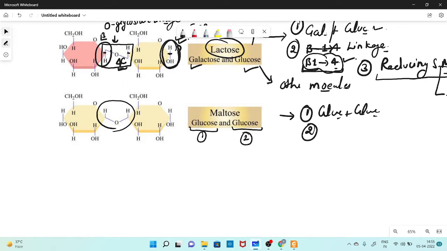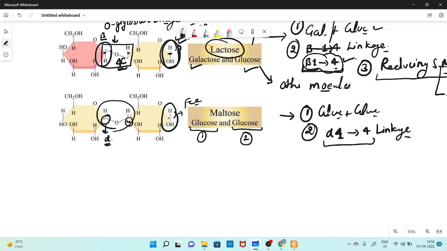Second, O-glycosidic linkage. Now its first carbon, the anomeric carbon, is free here, and 1, 2, 3, 4 and 1, and here the position is the alpha anomeric. So this bond is called alpha 1,4 linkage. So the glycosidic linkage in your maltose sugar is alpha 1,4 linkage, and it occurs between the two glucose molecules. Now it has a free anomeric carbon, so this one is also a reducing sugar,